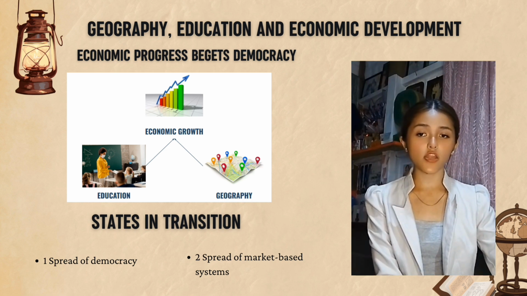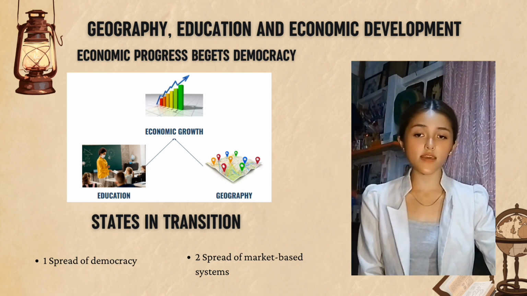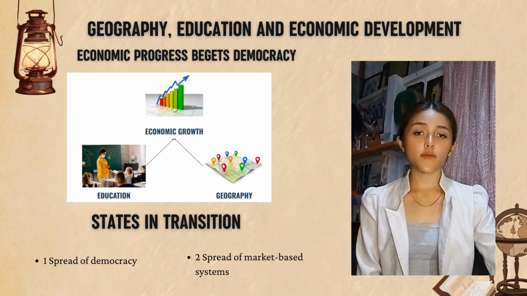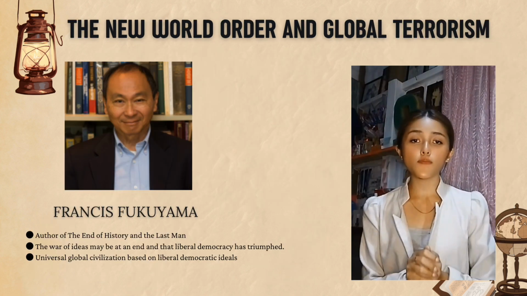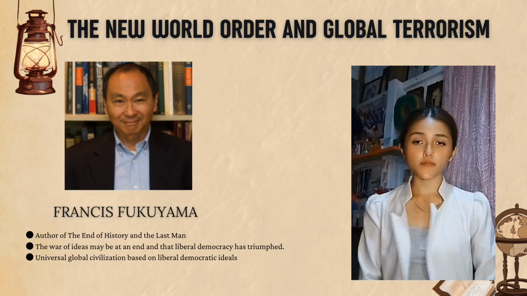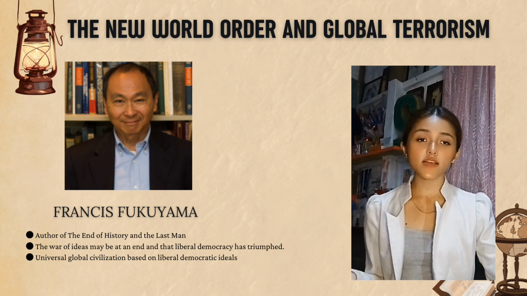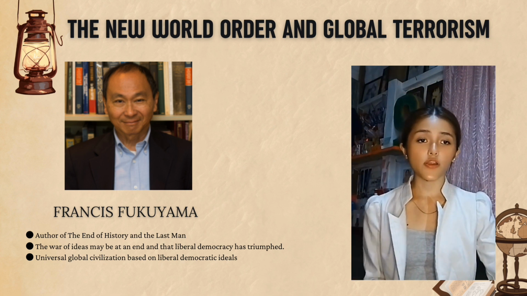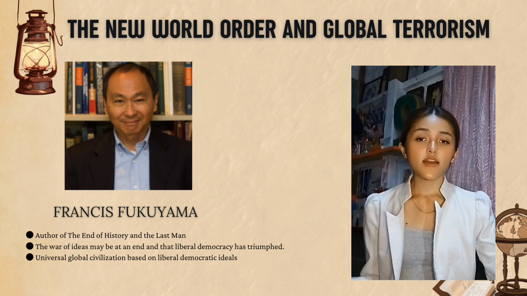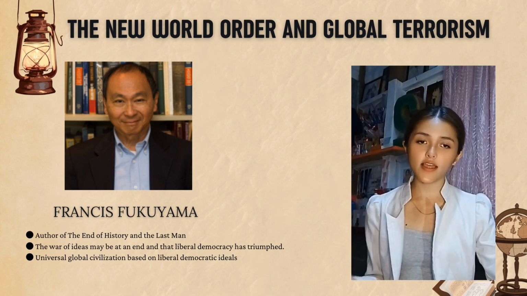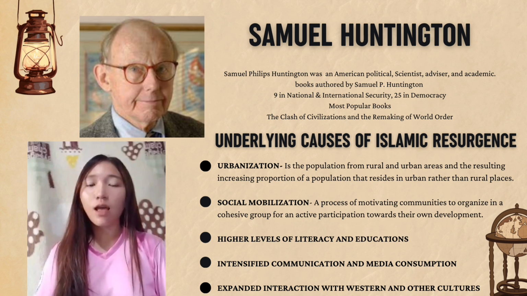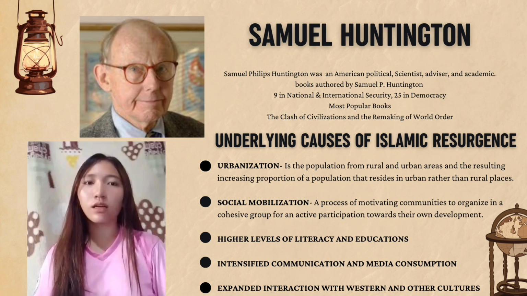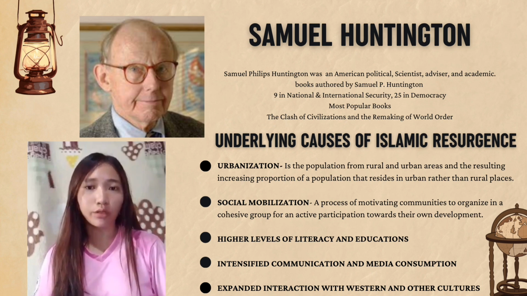States in transition. We have the spread of democracy, the spread of market-based systems, the new world order, and global terrorism. Francis Fukuyama is an American political scientist and author, known for his book The End of History and the Last Man. Samuel Huntington, or Samuel Phillips Huntington, was an American political scientist, advisor, and author. His most popular books are The Clash of Civilizations and The Remaking of World Order,